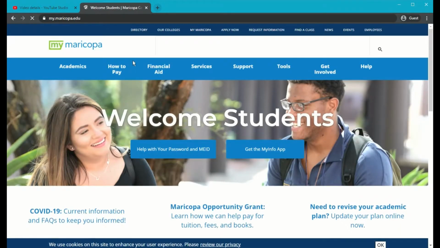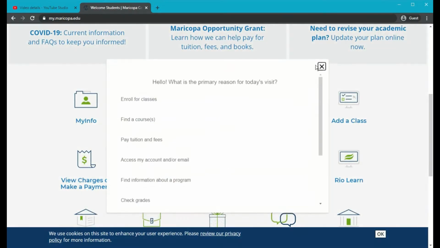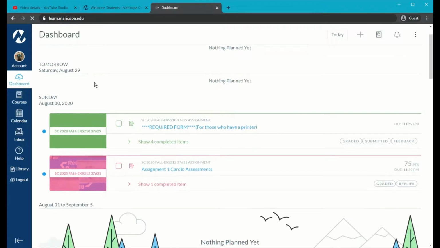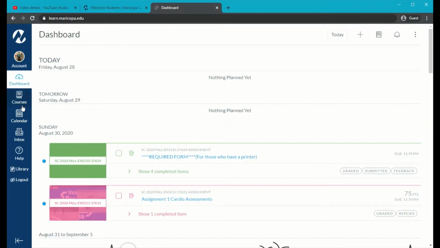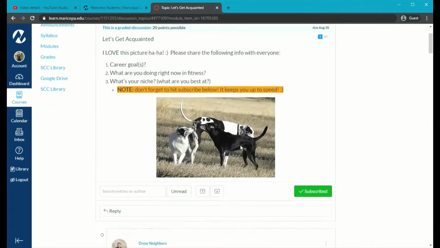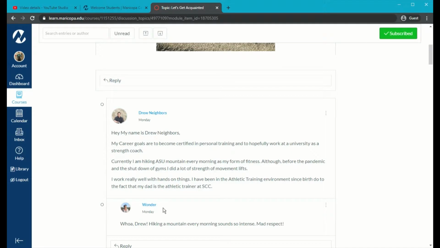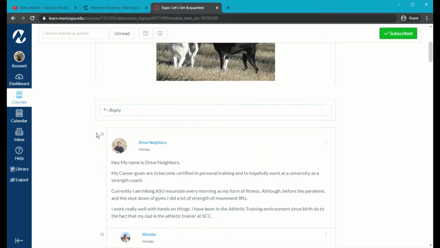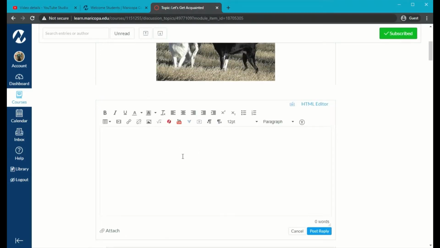I'm gonna quickly log in here. Okay, so here are my courses here. So let's say I want to click on a course, click on 210. Okay, so they got this. Basically, you have all your individuals that are in your class. So when you click on here, you can just copy and paste that one that you did. Just make sure you push spacebar or enter, and it'll say, and here is my posted